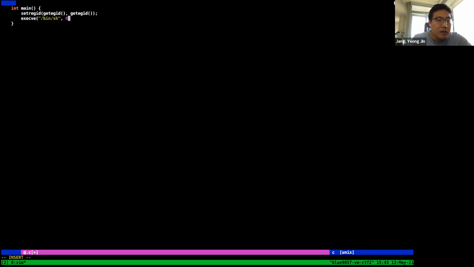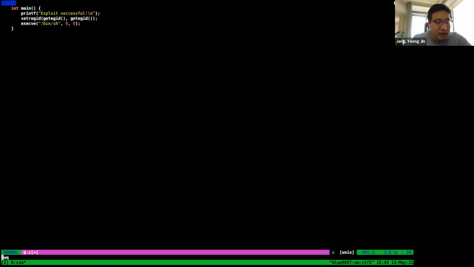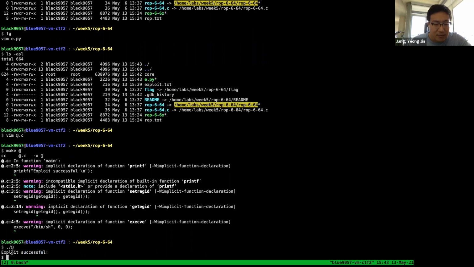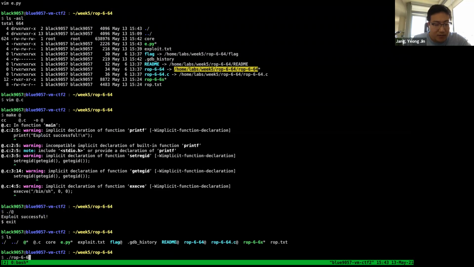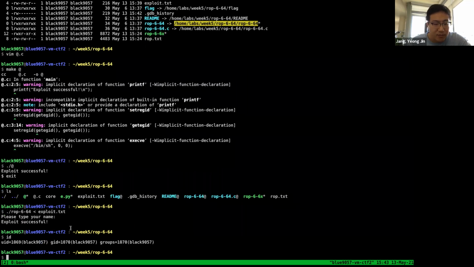And then print out, just make this, and then if I run it, it says something like this, and then it will run a shell. But at this time, I will run it to the rop-6-64 with the exploit.txt. Then it says exploit successful. So if I do exploit.txt,